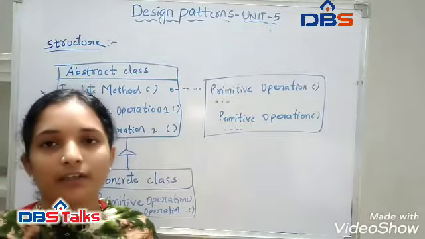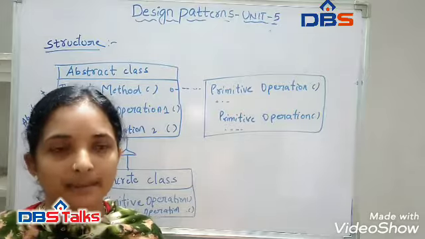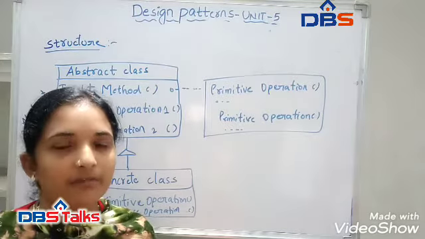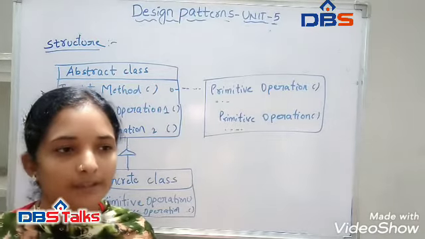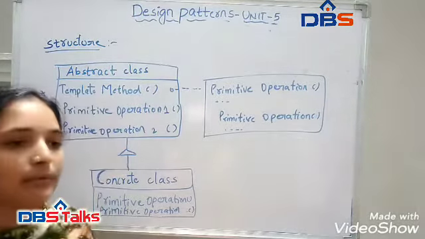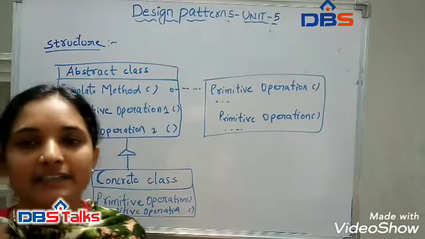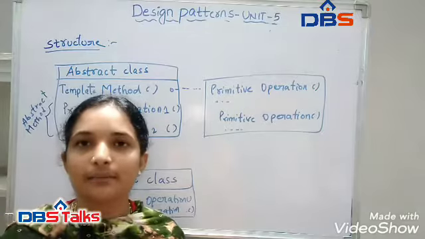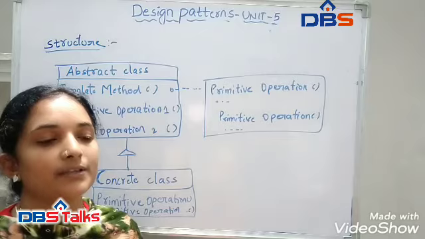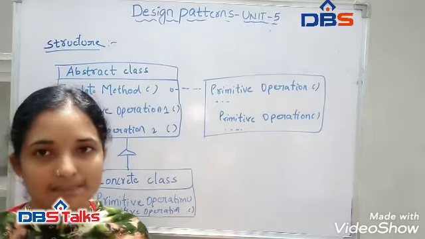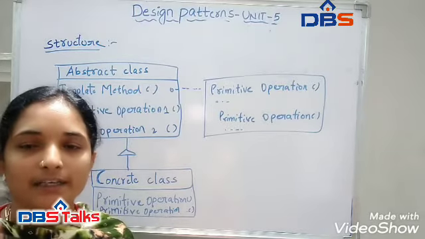In this we have different participants. The first participant is the abstract class. The abstract class is the application. In the previous class we said that in the application framework we have the application, that is the abstract class. It defines the abstract primitive operations that concrete subclasses define to implement steps of the algorithm. The next participant is the concrete class. The concrete class is my application. It implements the primitive operations to carry out the subclass-specific steps of the algorithm. That is the meaning of concrete class. These are the participants we have.